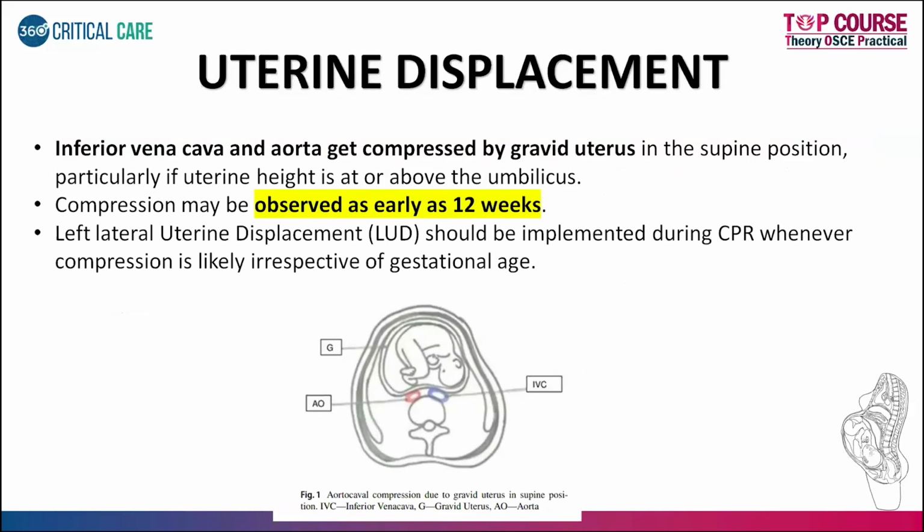The other important thing here is uterine displacement, which we usually don't see in other adults. Because there is a gravid uterus present, there's always an issue of aortic compression along with caval compression. So aortocaval compression can be caused by a gravid uterus. When does this happen? Unlikely in the early trimester. Once the uterus moves from the pelvic to the abdominal compartment, a patient with a gestational period of more than 12 weeks can have aortocaval compression.